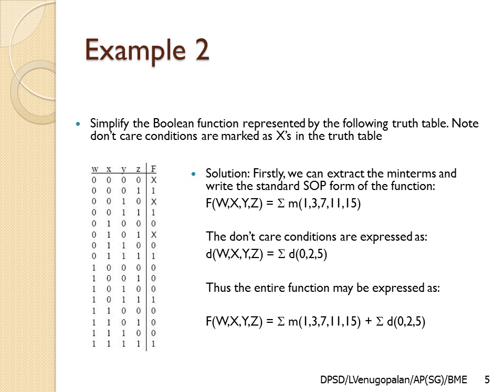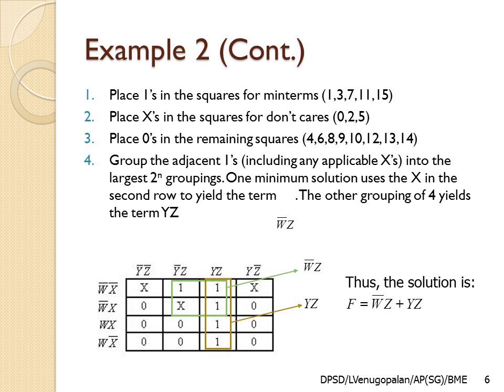So on 0th position, 2nd position, and 5th position, I have an x. So my entire function becomes summation of small m, that is the minterms, plus summation of the don't care. So if I populate my K map, my map looks like the one in the figure. And now, by changing the x to 1 at